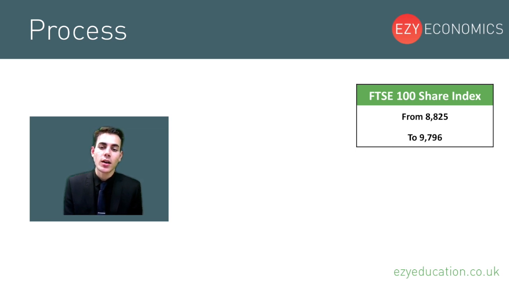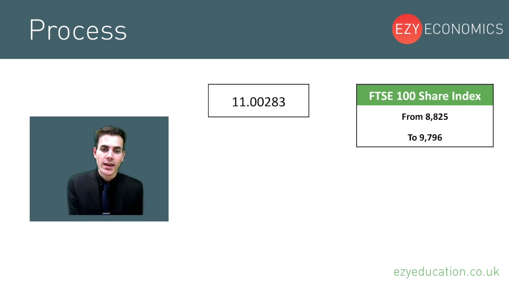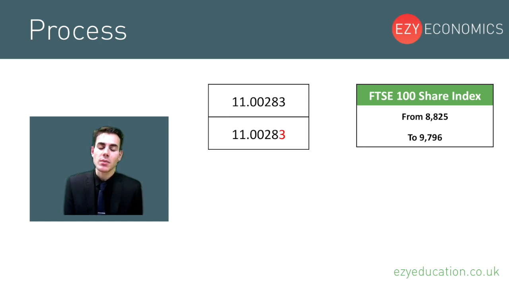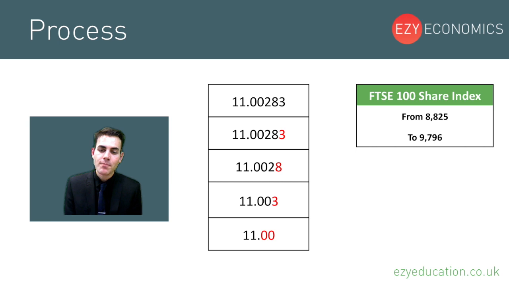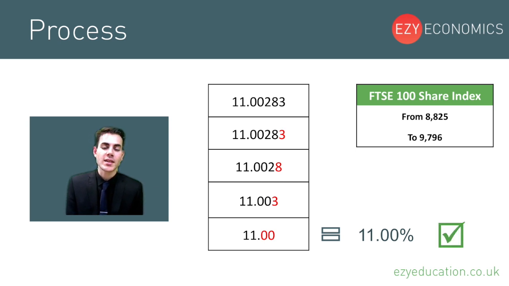So let's now go ahead with doing that. So to round up, we want to start with the furthest number away and then round from that point upwards. So we start with 3. Because 3 is below 5, we round that down, and it has no effect on the next number, which is 8. Then we have 8, which is above 5, so that rounds up, and it causes the next number in to become a 3. And finally, because 3 is below 5, it rounds down. It has no effect on the next number, which leaves us with 11.00, and in percentage form, that is 11%. So therefore, that is the correct